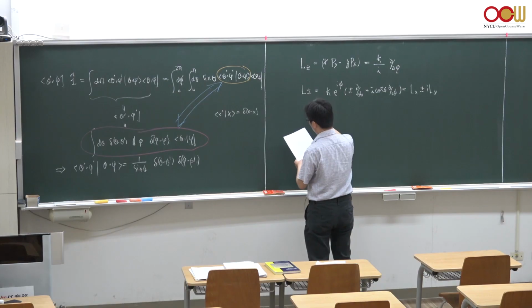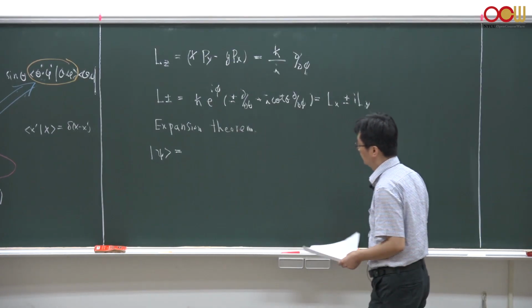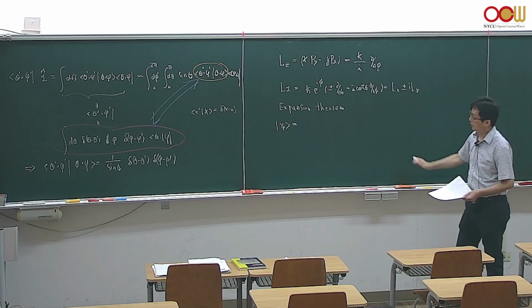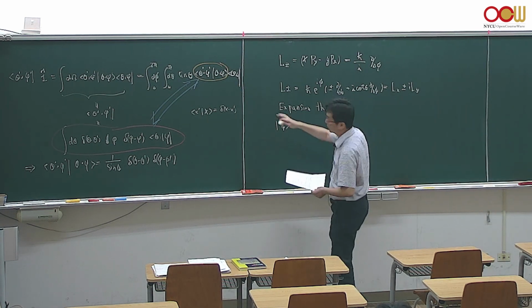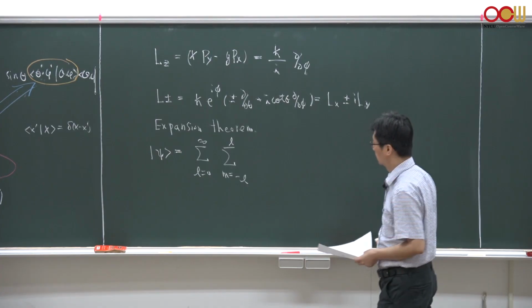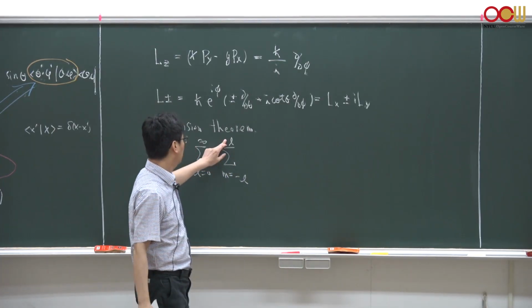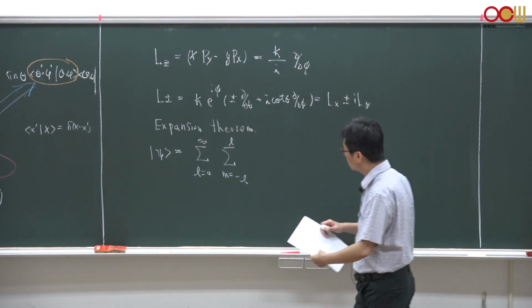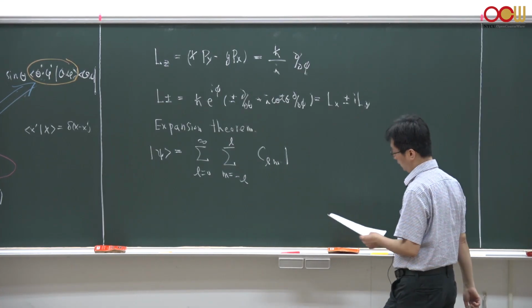Let's define this formally, the Y_lm, from the expansion theorem. As before, any arbitrary Dirac state can be expanded in terms of any complete set of eigenbases, and here we choose this eigenbasis to be the theta phi state, which is the eigenstate of the spherical coordinates. You could sum over all possible quantum numbers l and m, and since we already derived what they are, m runs from minus l to plus l, and l starts from 0 to infinity. Suppose that this is just orbital angular momentum, l takes integer values. The coefficient of this expansion is called C_lm,